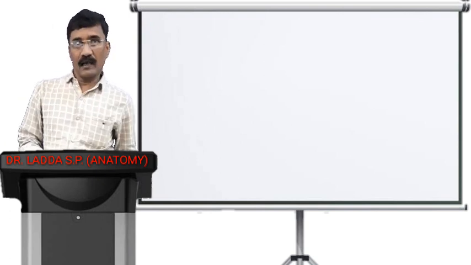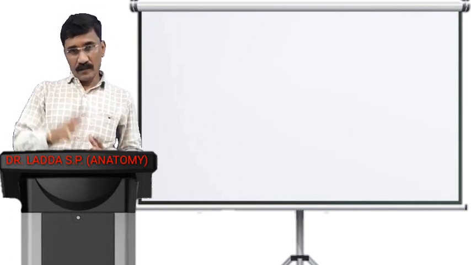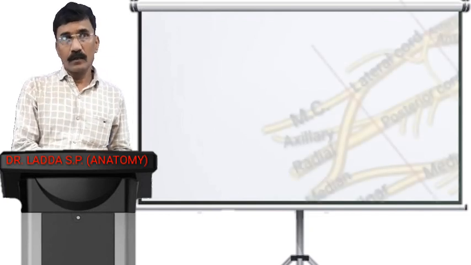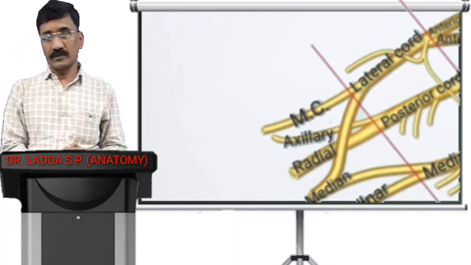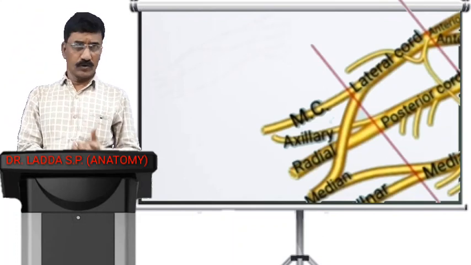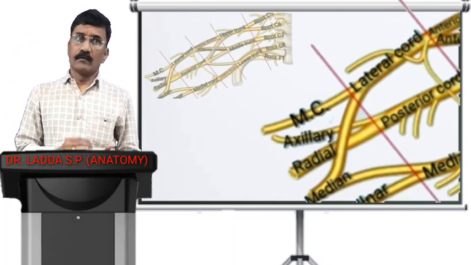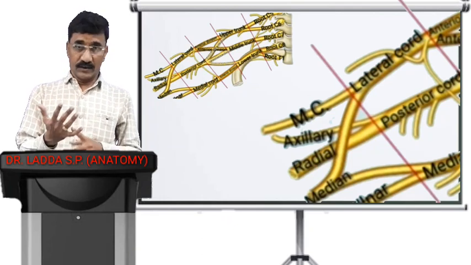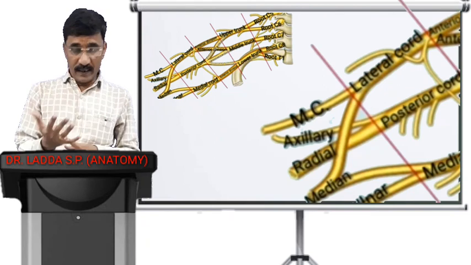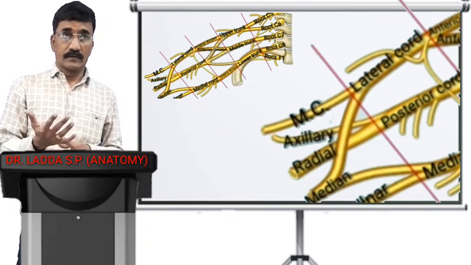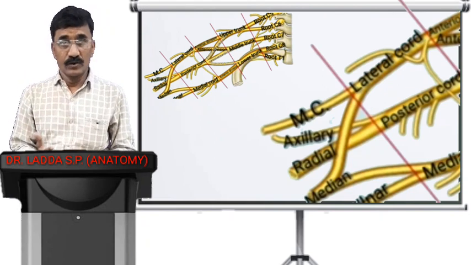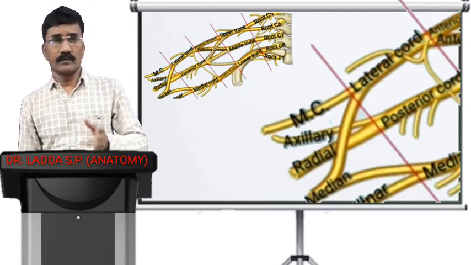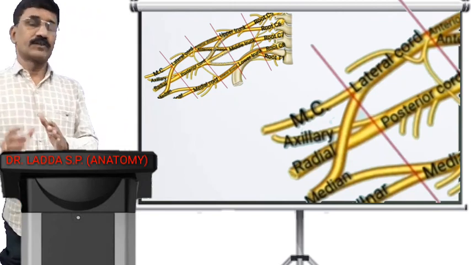So now in this class we completed the brachial plexus up to the branches, all the 5 major branches of the brachial plexus, and we know those branches are your MARMU, means musculocutaneous nerve, axillary nerve, radial nerve, your median nerve and ulnar nerve. So these are the major branches of the brachial plexus, and now we are going to deal with each and